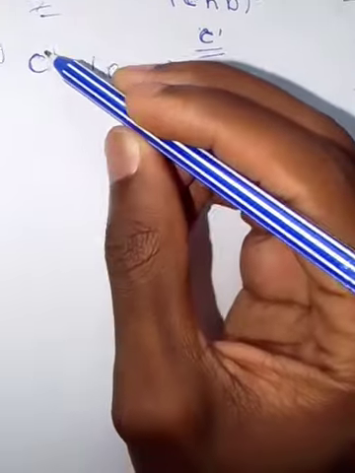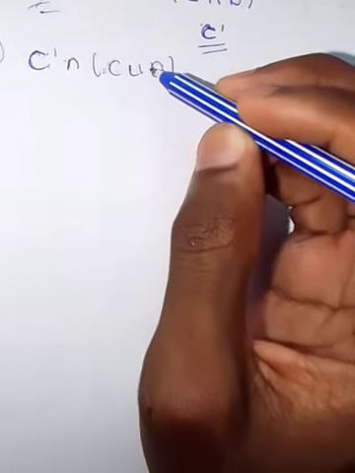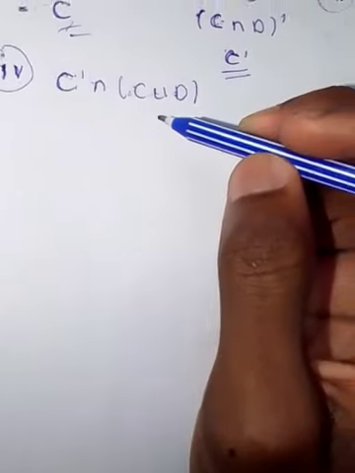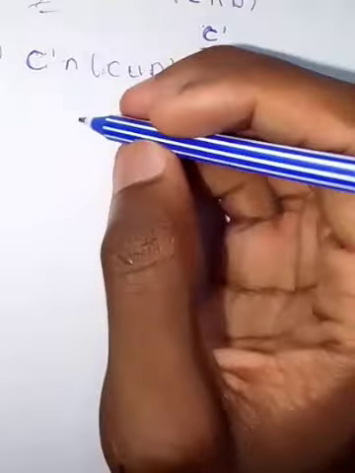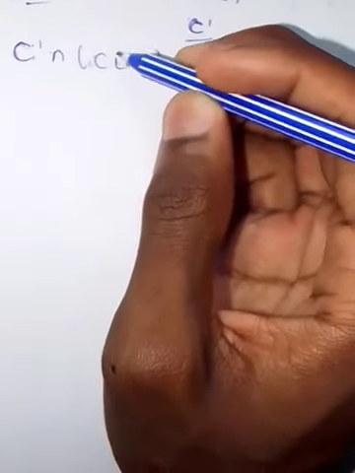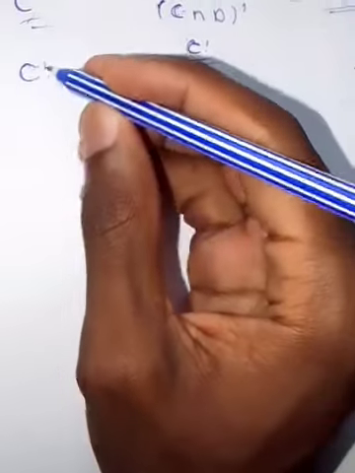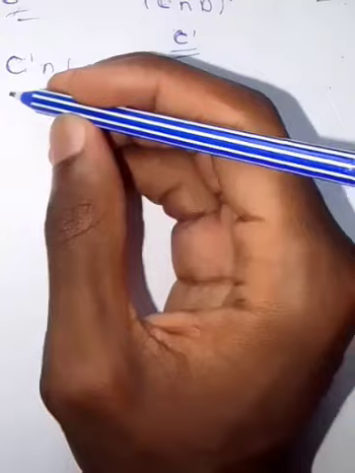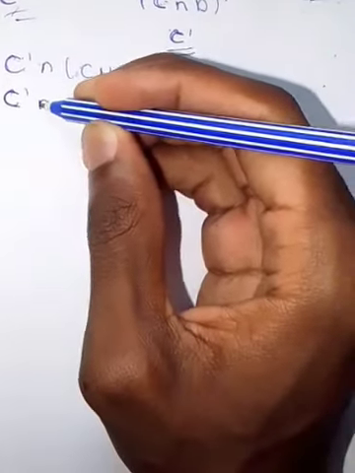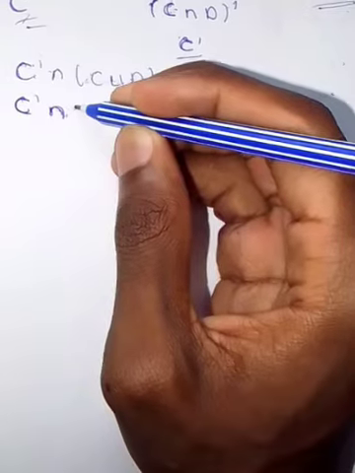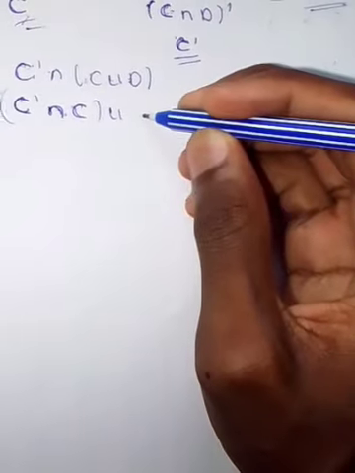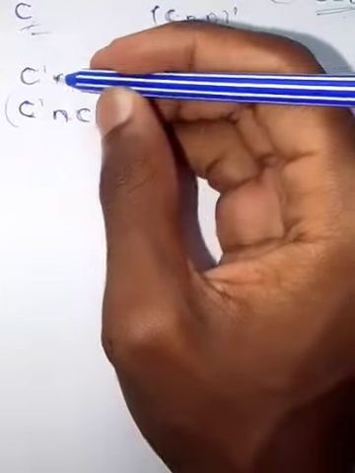This is C complement, this is just C, and this is D, and the symbols are different, right? So the moment you see this, you need to expand it, by multiplying this with this and this with this, separated by this symbol. So let us move on. So it's going to become like this: C complement intersection C, united with C complement intersection